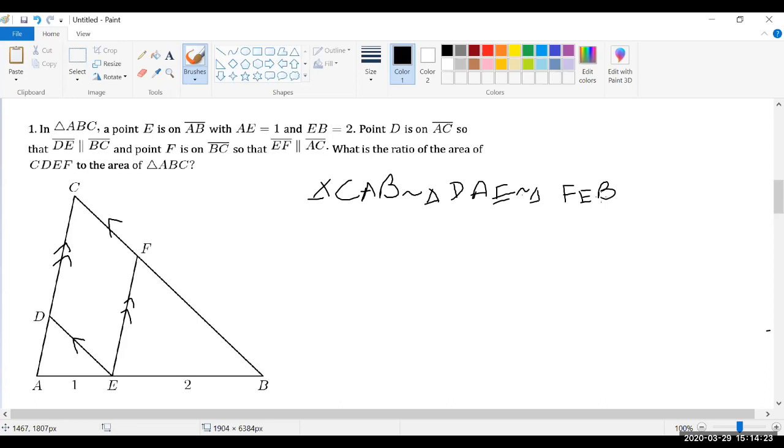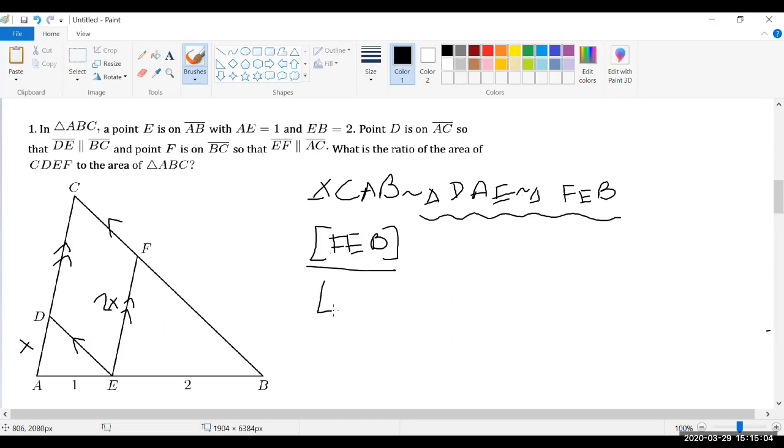So now we know that triangle DAE is similar to triangle FEB. So that means that each of these side lengths has a ratio of 1 to 2. So I can say this is DA is some length x, FE is some length 2x. All right. Honestly, we don't even need to know that though. So if we want to find the area of CDEF, we can look at the areas of FEB and DAE first. So the area of FEB